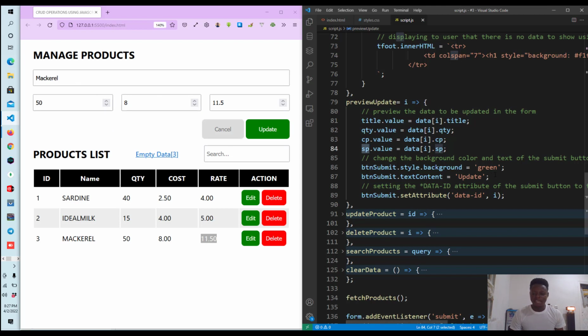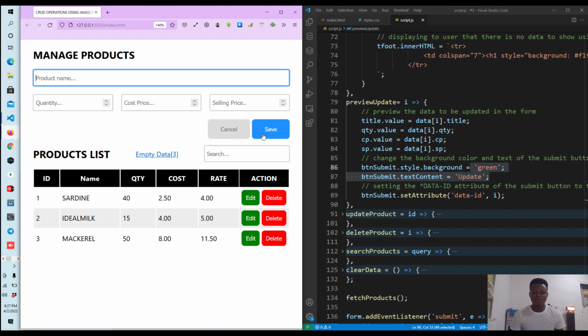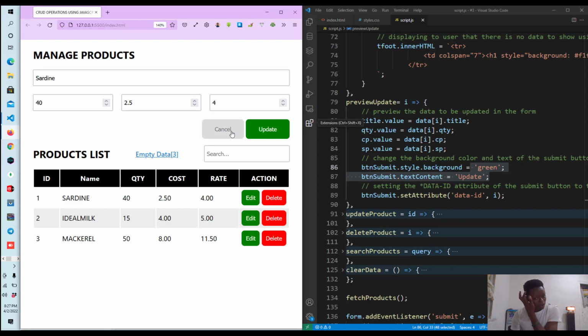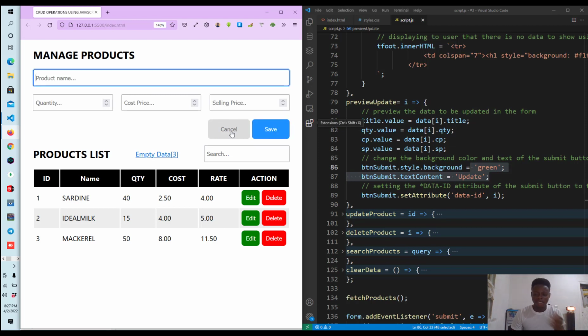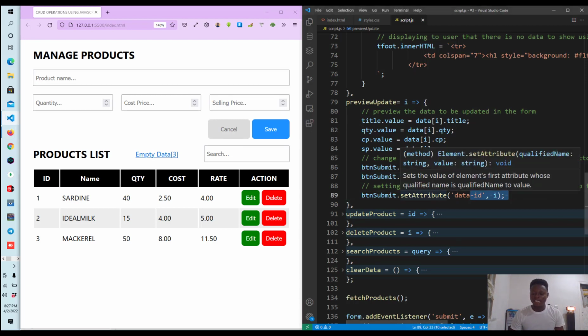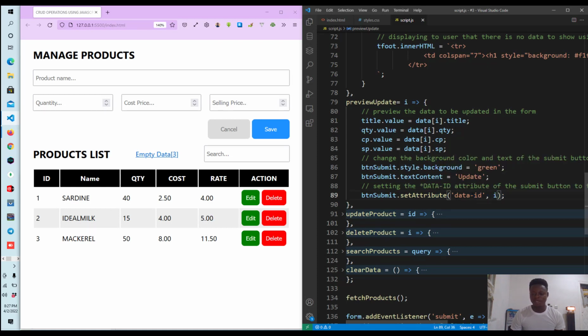And again we toggle the background and text properties of our submit button. By default it is blue with a text content of save. Should we click any of these edit buttons, then you will see it turn green to tell you that you are about to do an update. If you want to recede or abort, then you click on cancel to terminate. Okay, so that's fine. And as we have here, we are setting the data attribute using setAttribute. I'm going to set this attribute for this submit button,